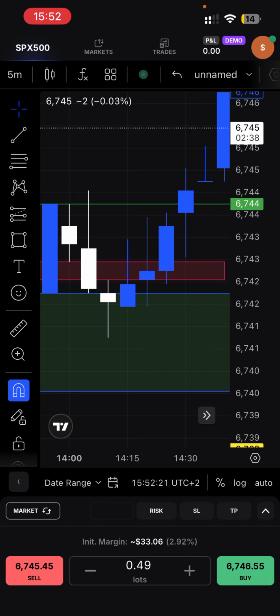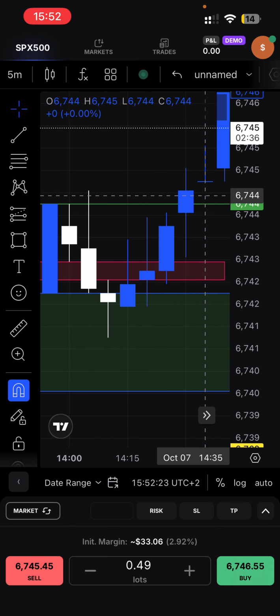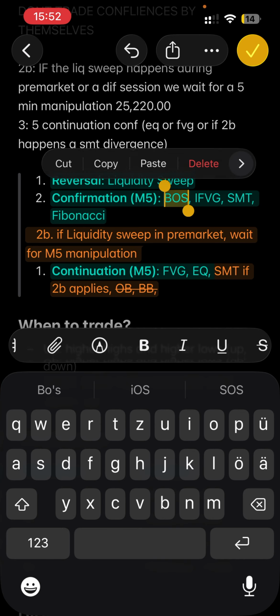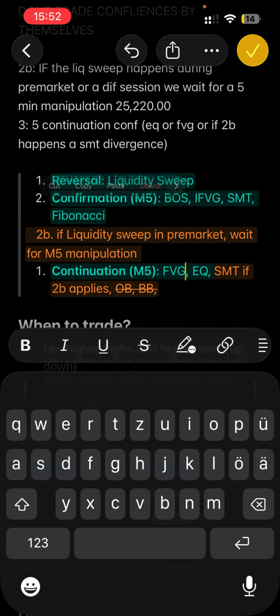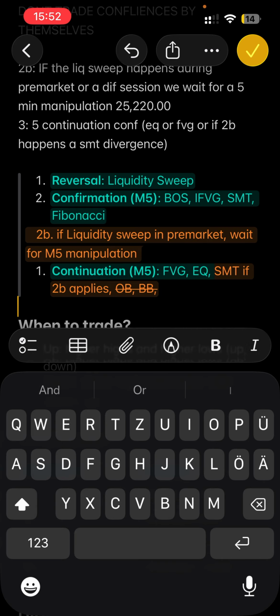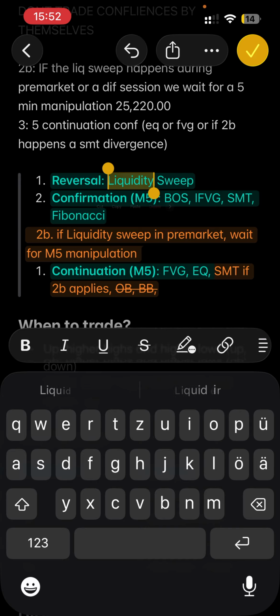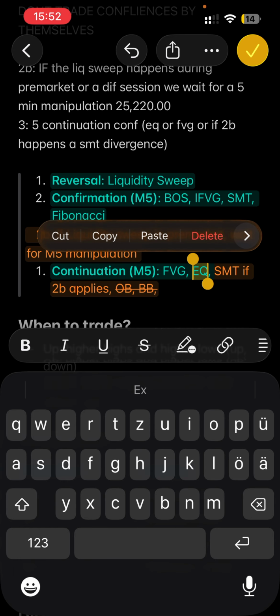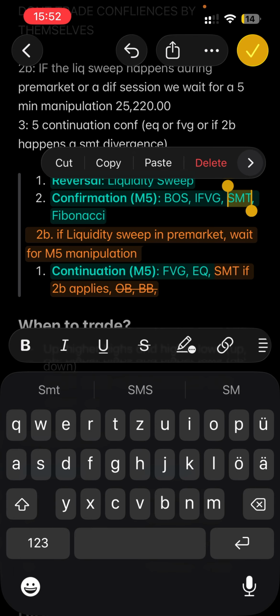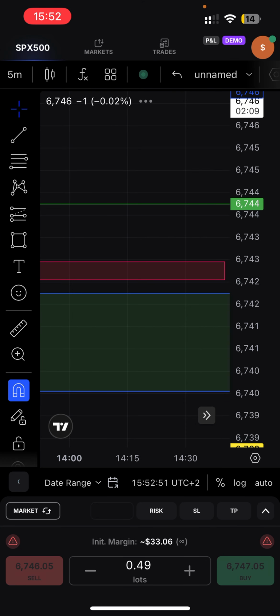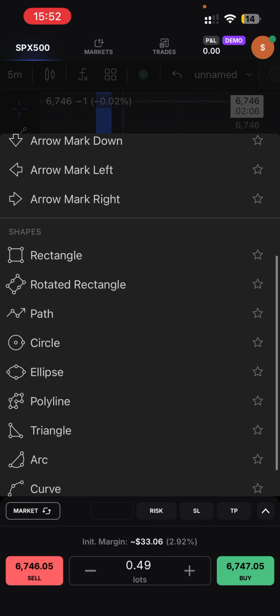So that's 3. We also blow through this. So I didn't count, that's 1, 2, 3, 4, 5 confluences. This one didn't count, and we didn't have an SMT. So that's the only thing that was missing, basically, because if I would have gone with a